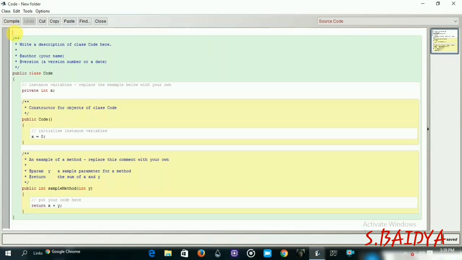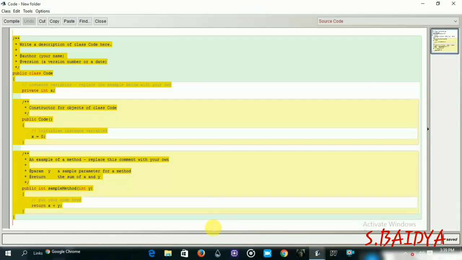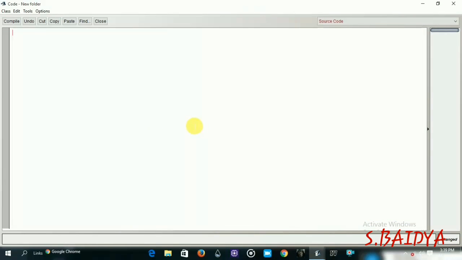Now maximize it. Now remove all these things. Backspace. So now we'll start writing our program. So